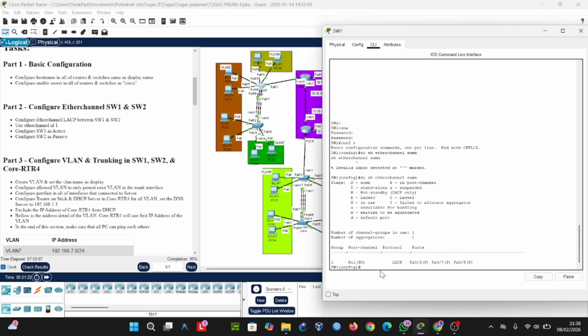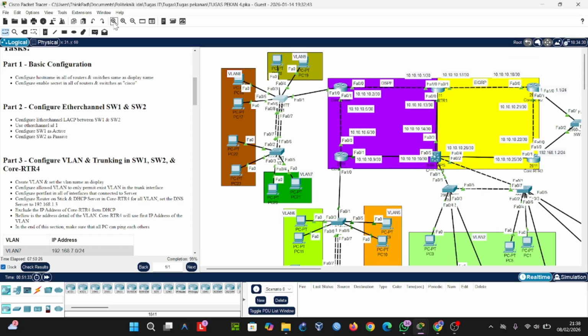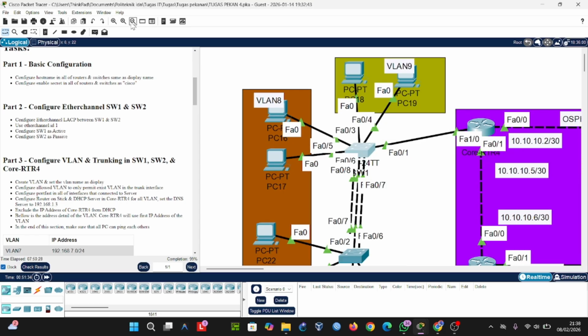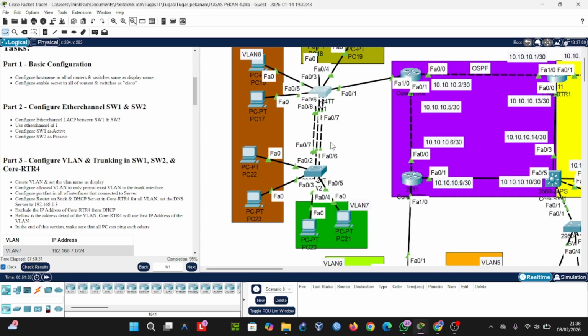I use the protocol LACP, configured on switch one and switch two. We use ports 7 and 8 in this configuration.